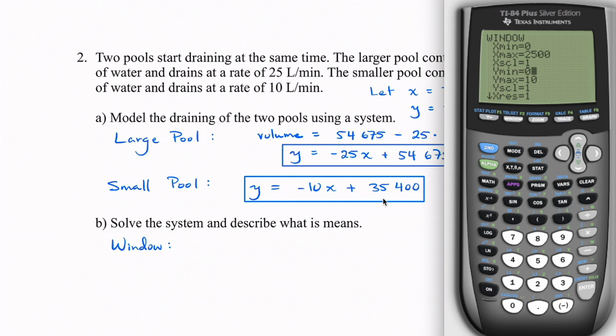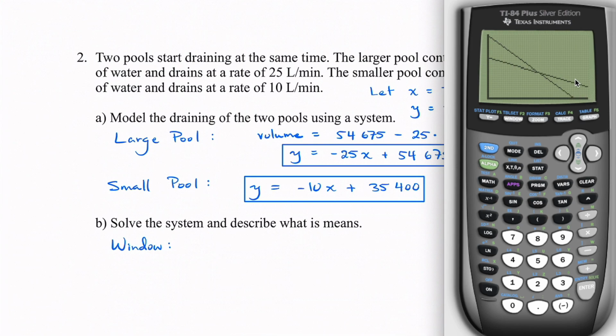Then for our y max, remember this was the largest number that we were going to have, the 54,000 number. So I'm going to go just a little bit more than that. I'm going to do 55,000 liters. Okay, and now when I click graph, I can see my one line, and then there's my second